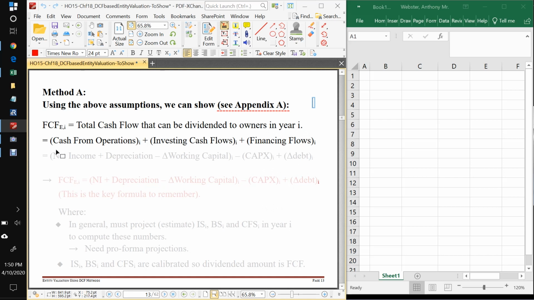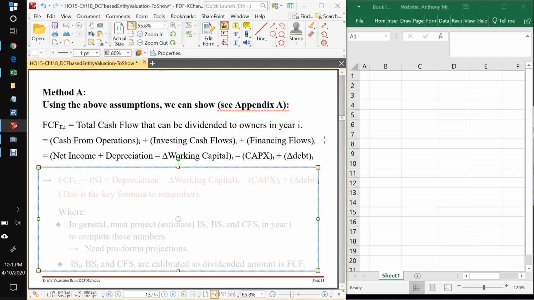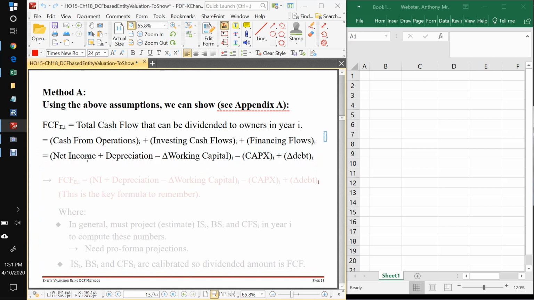And that's going to be the most that we can get to the owners via dividends coming from operations, coming from investing cash flows, and coming from our financing cash flows, right? From our three buckets of cash flows. And now if I just expand that out a little bit, remember that cash from operations, this comes from accounting,